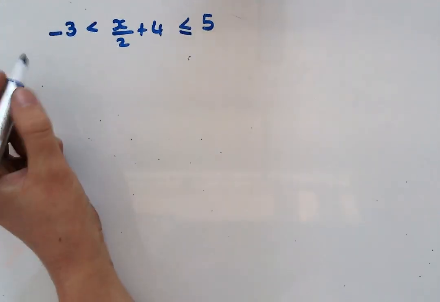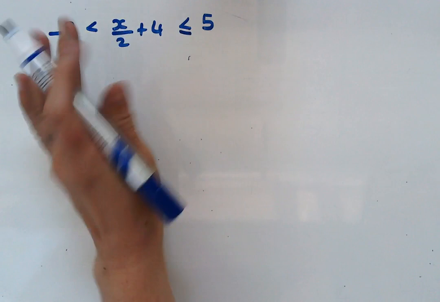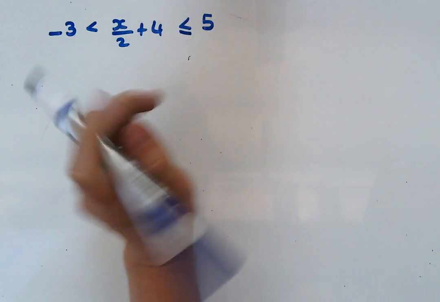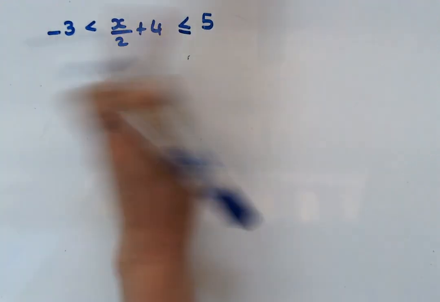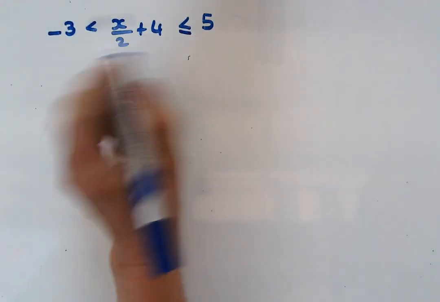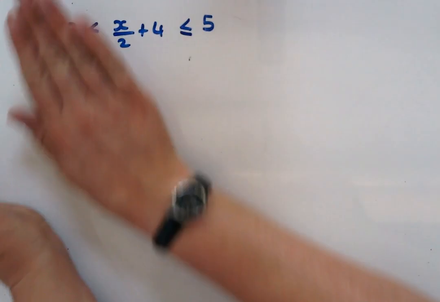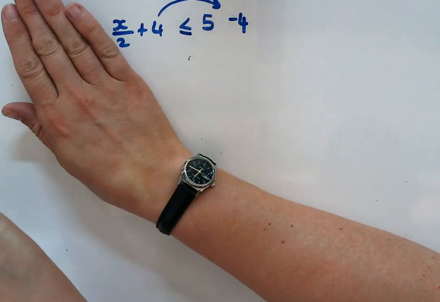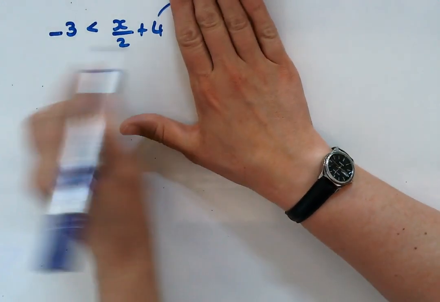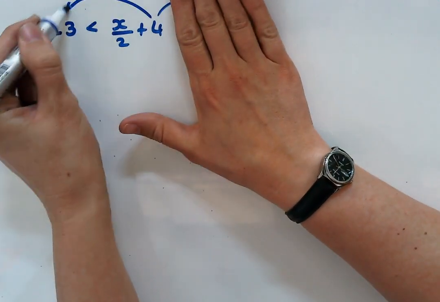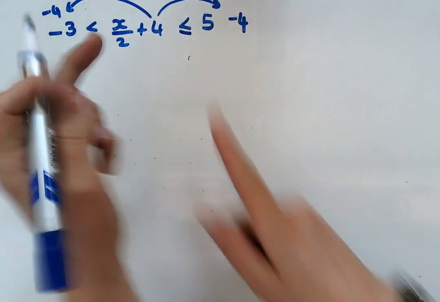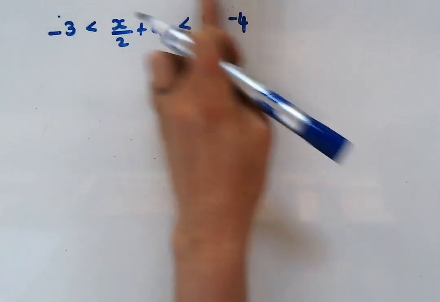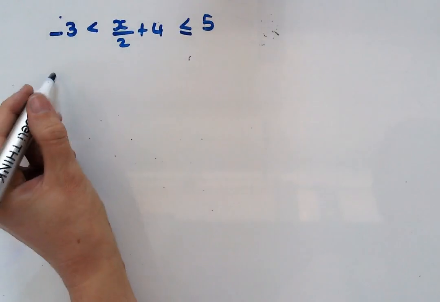Right, so you're going to do the same as when there's an equal sign. You're going to transpose the 4 and it becomes minus 4 on the other side. But now when there's two sides, this side and that side, just do it both sides, né? So I'm just going to do that both sides, not just to one side. So I'm going to subtract 4 there, minus 3, subtract 4.